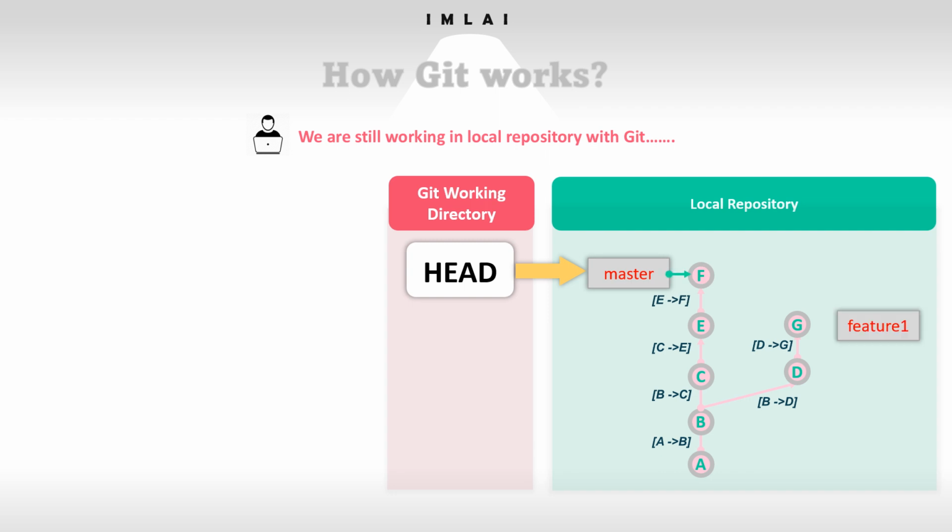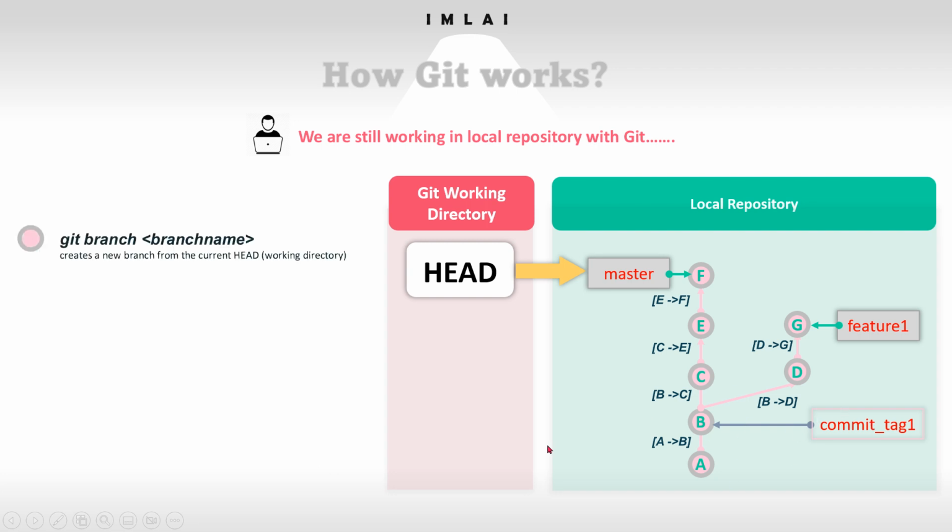And finally the latest commit that we have done is F, so that's the reason my head is pointing towards master. So this is what we have done with the commands that we have used, and B is the pivotal point to have two branches, so we call that one commit tag one. That's okay. So now git branch, to create a branch, this is one we have used,